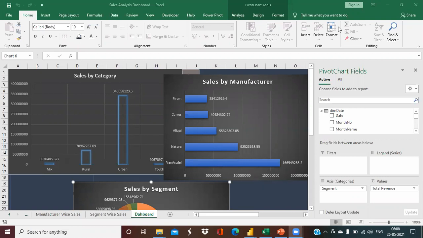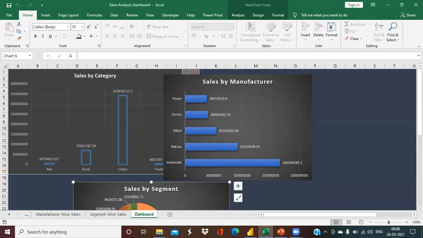So last time when we were designing the dashboard, we left here. We have designed our pivot charts, but we were left with the remaining part of the dashboard. So let's complete it today. We'll complete these parts today, and then we'll move forward to the more advanced topics coming up.